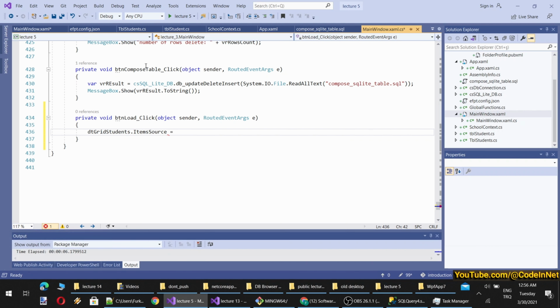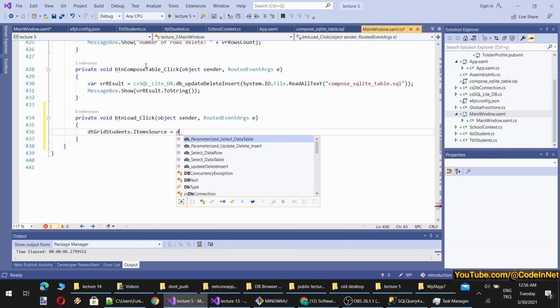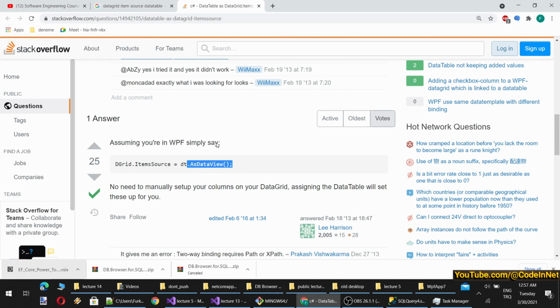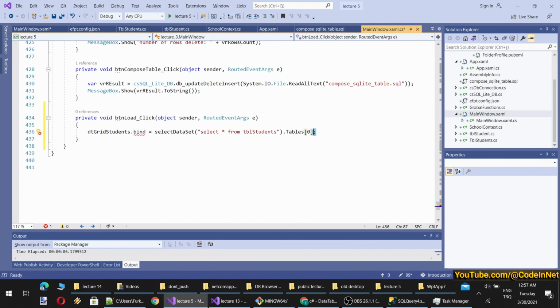I think we can use DB connection. Just select a data set. Here, select all from TBR students, and here Tables 0. Yeah, I remember now, Table 0 as data view, and items source.